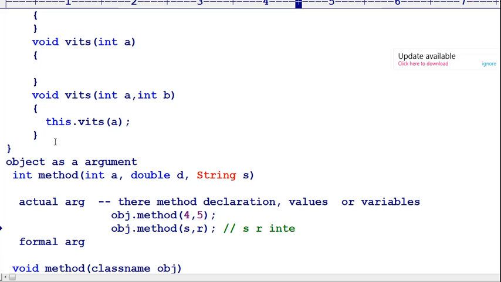So the point is clear. The actual arguments can be values or variables. These should be matched with the formal arguments with respect to count and order.